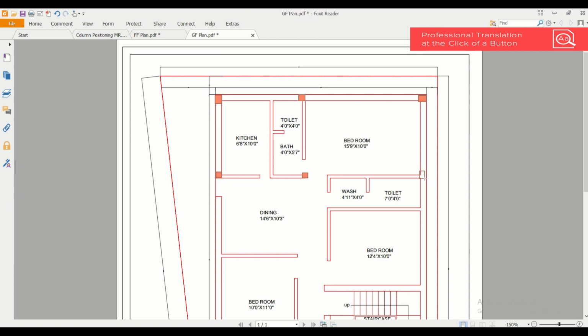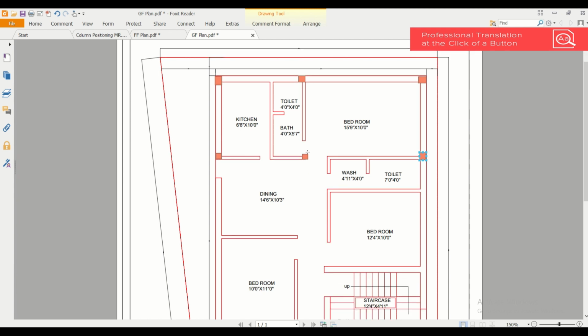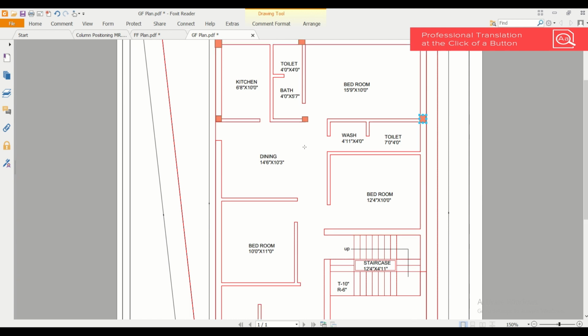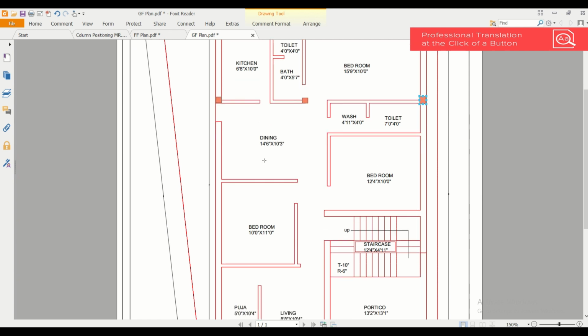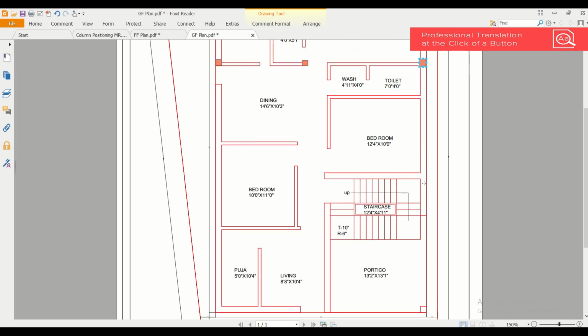So this is our span of 10 feet, as you can see, a vertical span of 10 feet. So we'll provide the same columns here. We need to adjust the door positions in the architectural plan. We'll do that later. So after that, we have our different rooms, dining rooms. Let us provide more columns. And we have a staircase here.